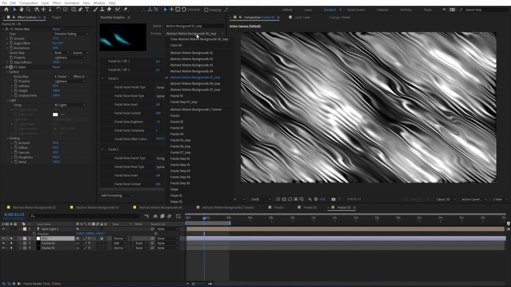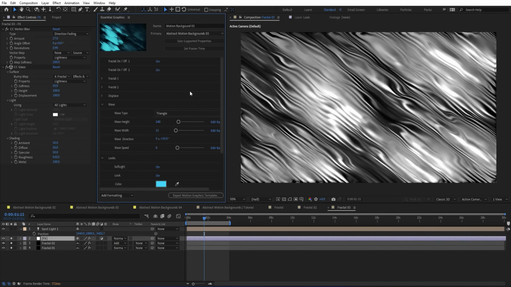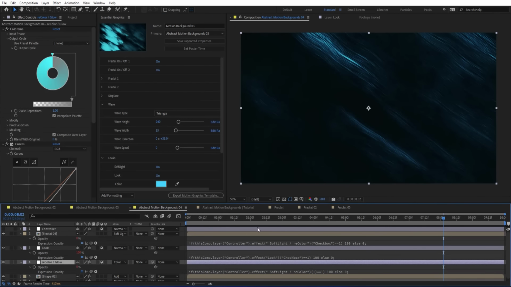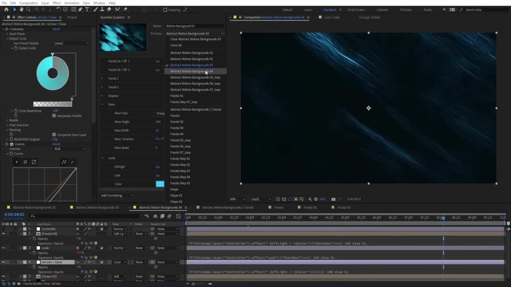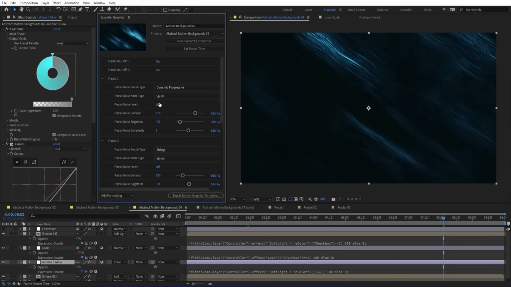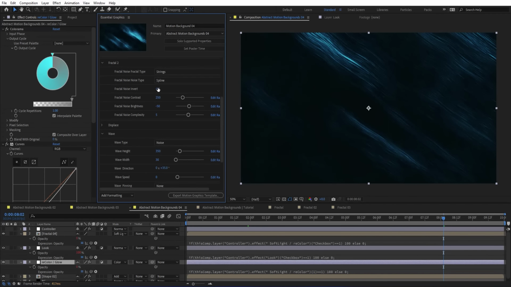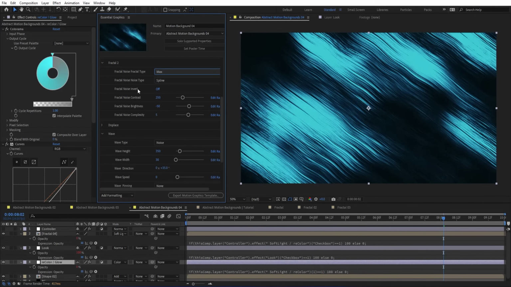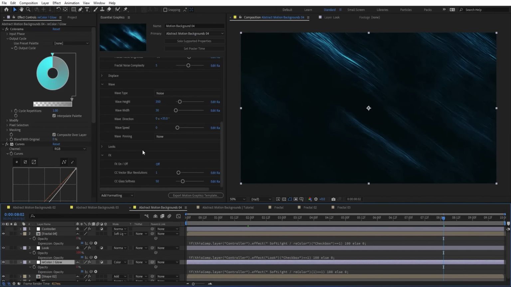So easily you can basically just affect things. For example, this one here, we have 4, and you can just start turning on different things, play with different things here, maybe invert the noise, change things here,